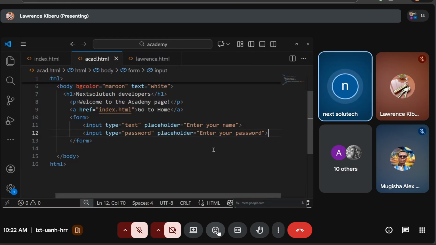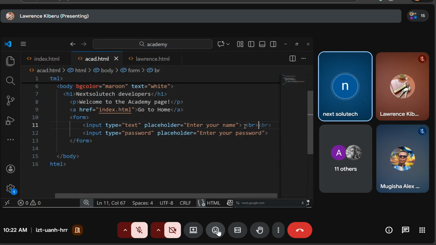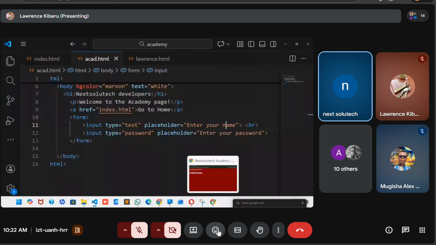To make sure that after the first input, the next input goes to the next line, we use a tag we call break, represented by a single tag called BR. We don't write the whole word break, we just write BR. It is a single tag, Mr. Lawrence. We only break once. Don't break the second time. So after just opening the tag and putting BR,